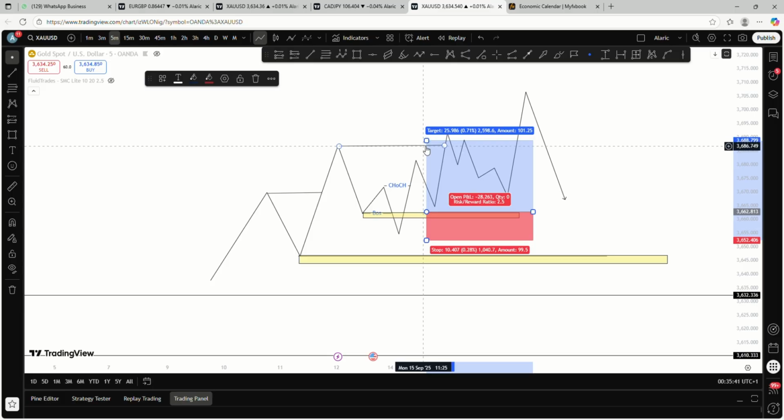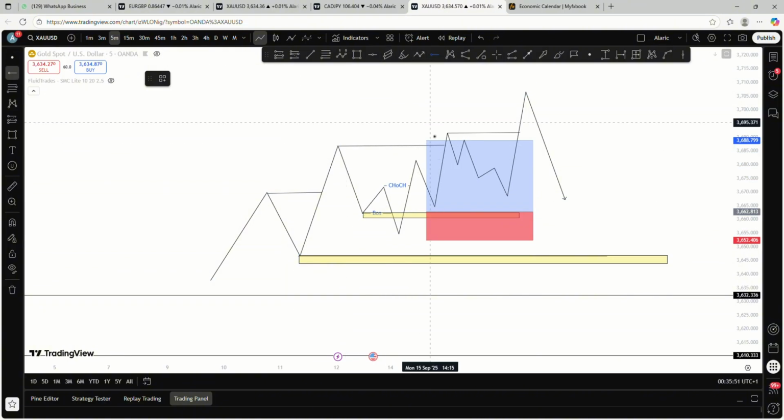It is an uptrend. Yes, we know it's an uptrend. So what I personally normally do is this: your first take profit is at this level where the market pulled back. This is my first take profit. So let me put a line there. This is my first take profit. Then this is my second take profit.